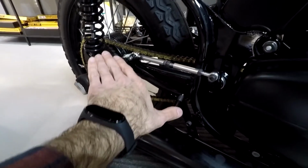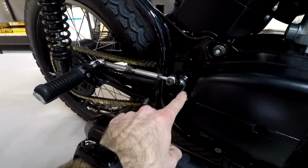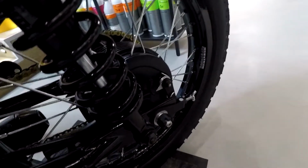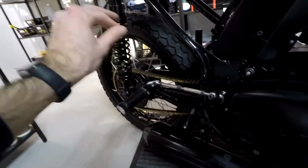He bought those footrests from the internet, but he made this attachment to go through the rear swing arm axle, and it works from this side, and it is connected to the rear brake drum. I really like this. I really like how the owner put all those tiny little bits into this project,